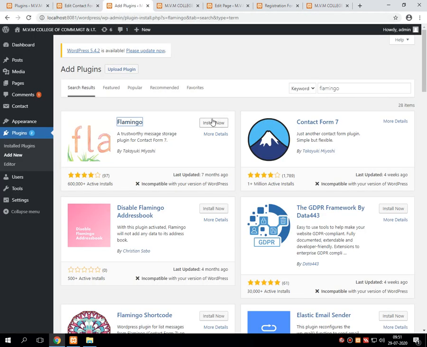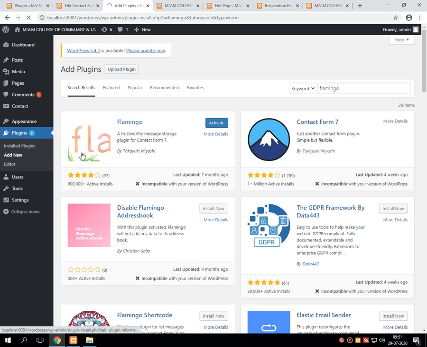So now what I am going to do, I am pressing the install now button. It will start installation of this Flamingo plugin into WordPress. Then the message comes, Flamingo installed successfully.